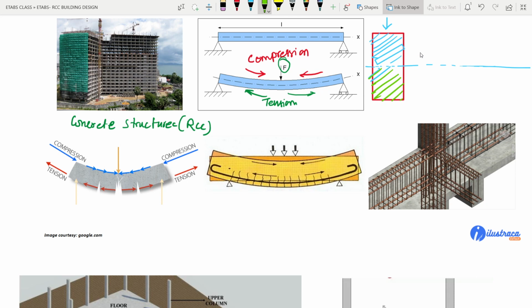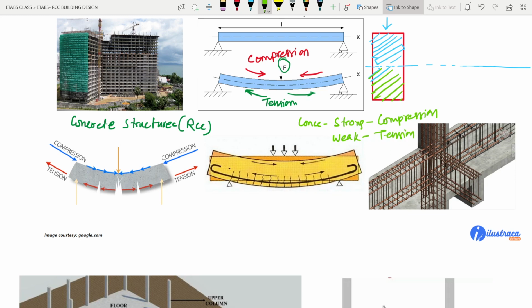What we know is that concrete is strong in compression and it is weak in tension,